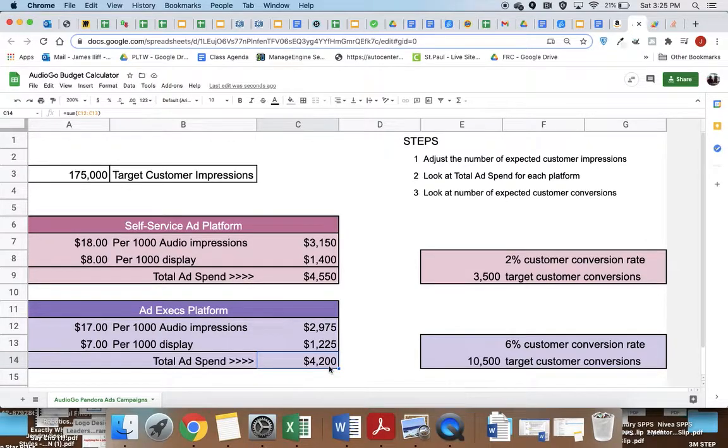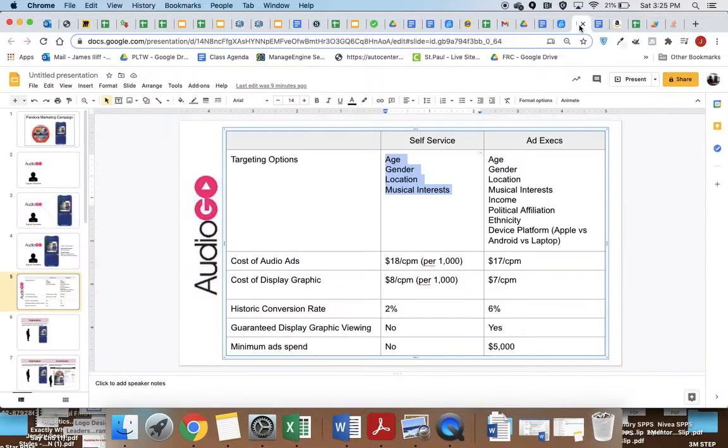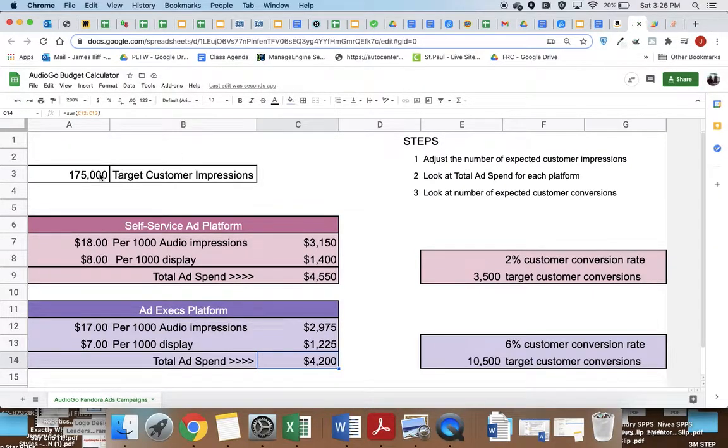So it seems it's cheaper, right? But guess what? Remember that the rule is for ad execs, there's a minimum spend of $5,000. So in other words, 175,000 customer impressions isn't enough to warrant doing this ad execs platform. In other words, we couldn't do it. So if you think it's worth it to do this, you're going to have to play with the